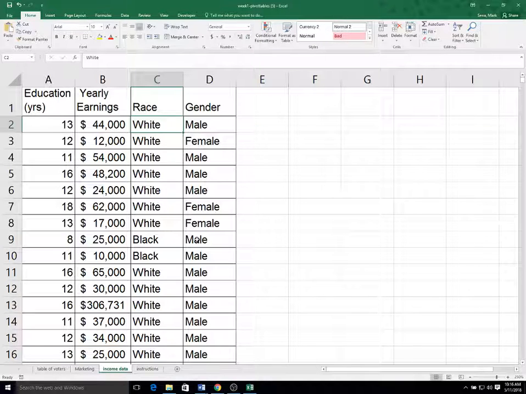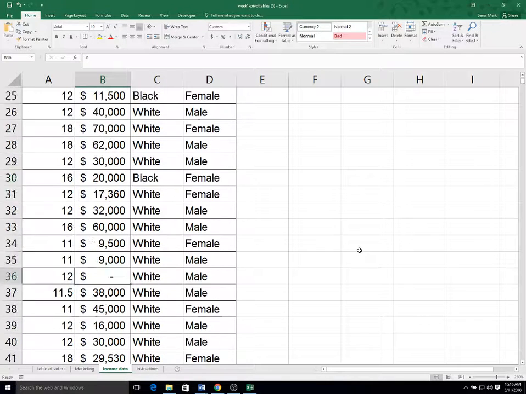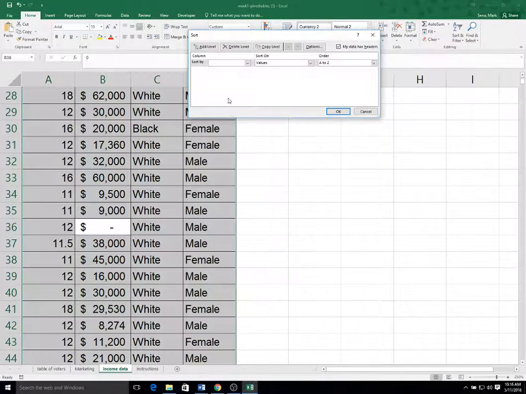Before I get into doing any sort of pivot table work, I would encourage you to look at your data and see if everything is clean and all the entries are how they're supposed to be. If I scroll down the data, you notice there are some blanks in the yearly earnings, or zeros. So one thing I might do is just do a sort. I could go to Home and then Sort and Filter. I like to do a custom sort, and notice by default it says my data has headers. I can sort by yearly earnings,